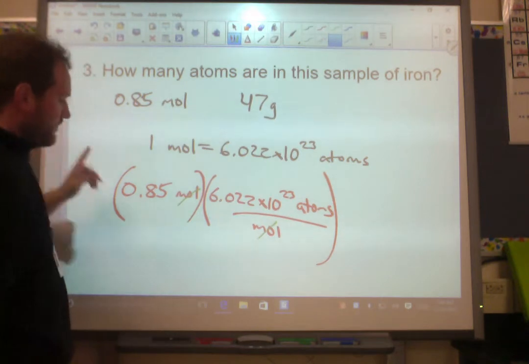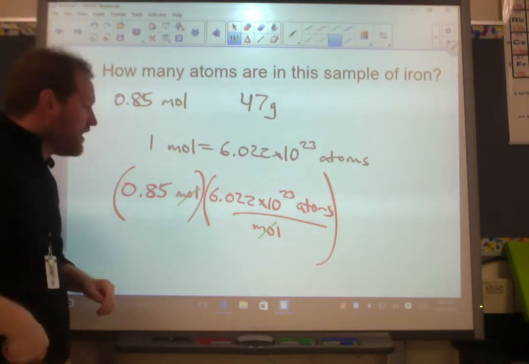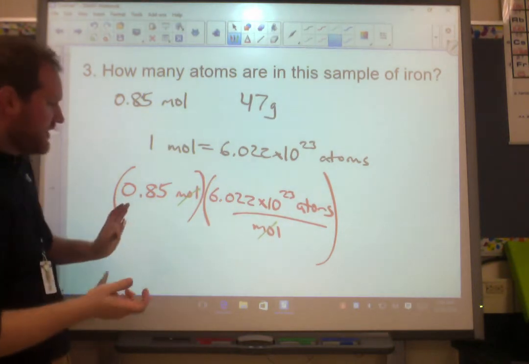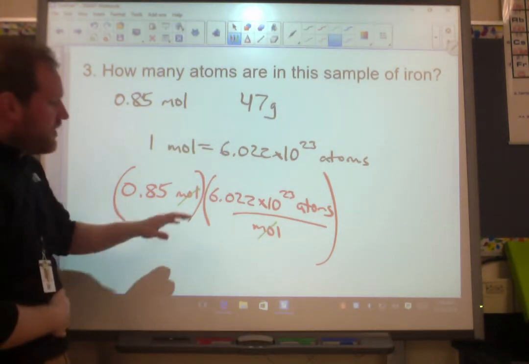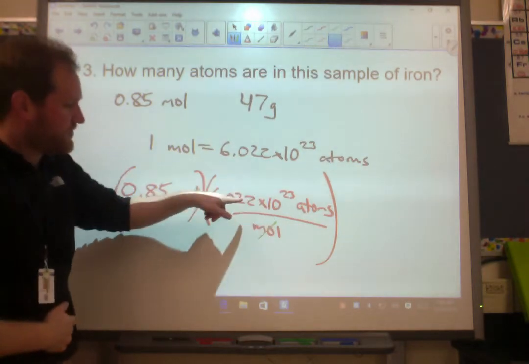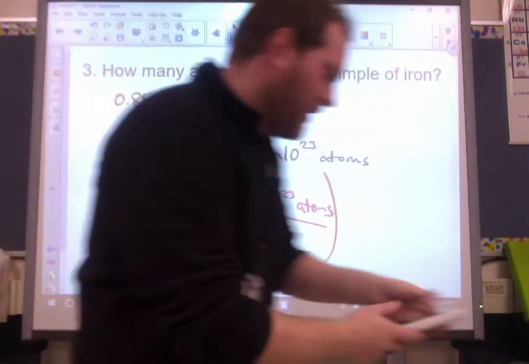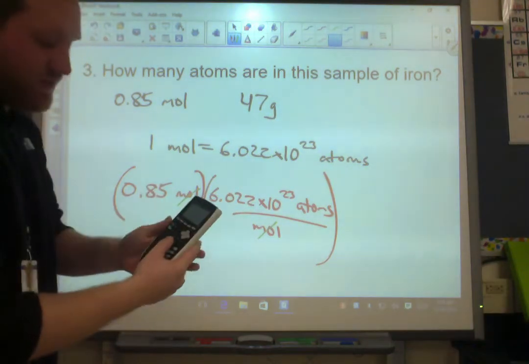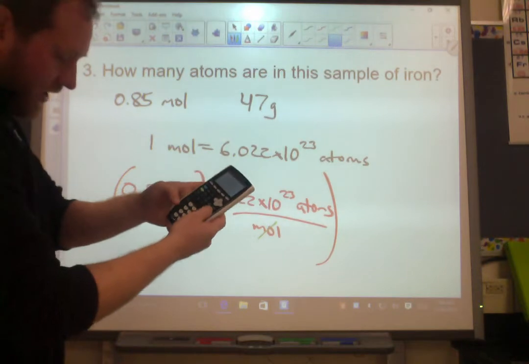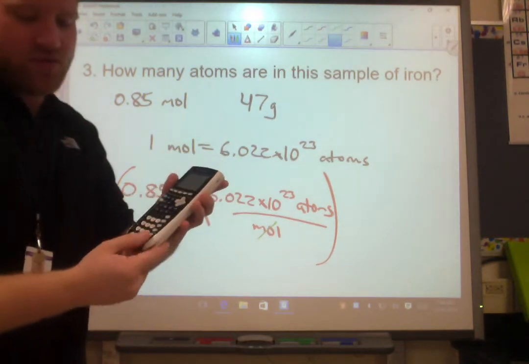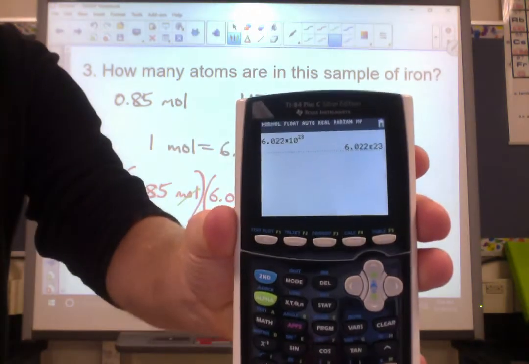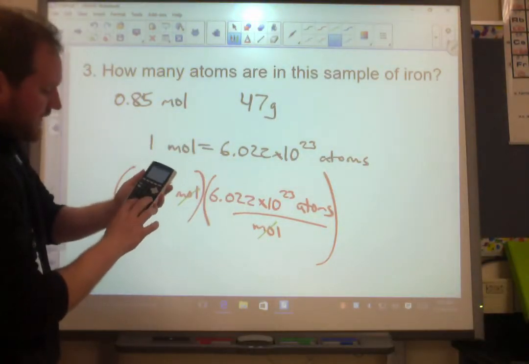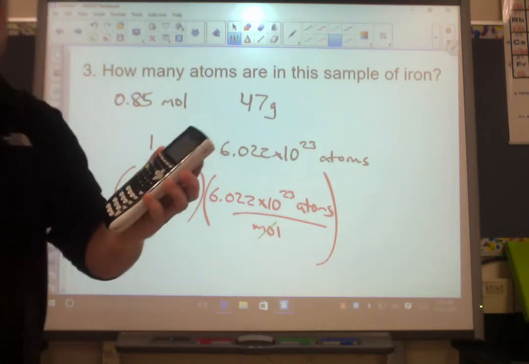Mole cancels mole. Multiply these together and let's see what we get. Now you got to be careful multiplying these. I mean, you can do it out kind of by hand like we did earlier on in the year, but you know that's not necessary. So in my calculator, I'm going to put this number first, times 10 to the 23rd, and I'm just going to let my calculator store that. So I'm going to say 6.022. I use the E, but you don't have to. You could just say times 10 caret 23, and I just say equals. And I just let my calculator store that number just as it is. And now I'm going to say times 0.85 equals, and here's my answer,